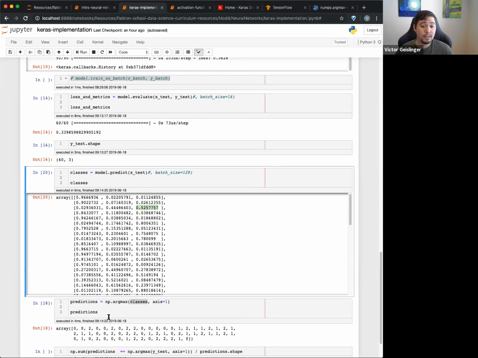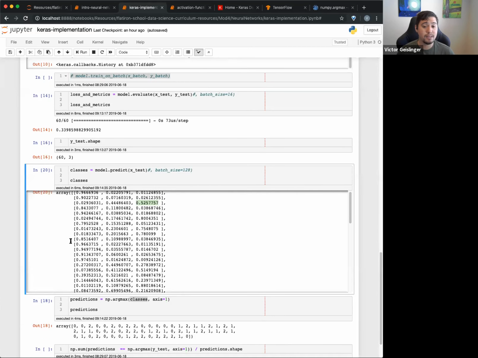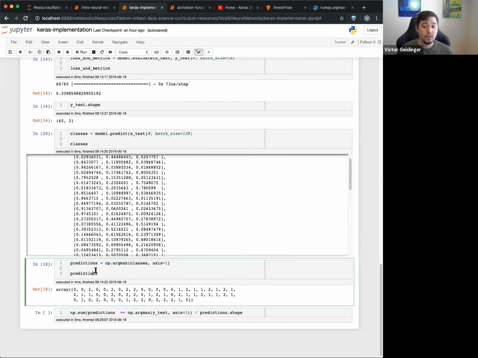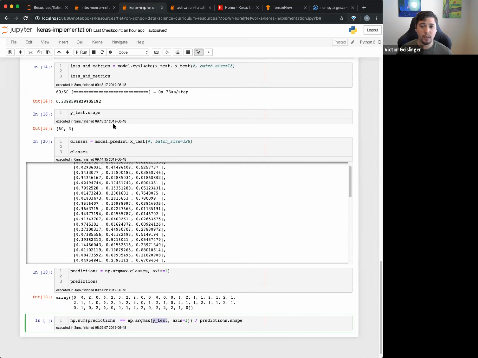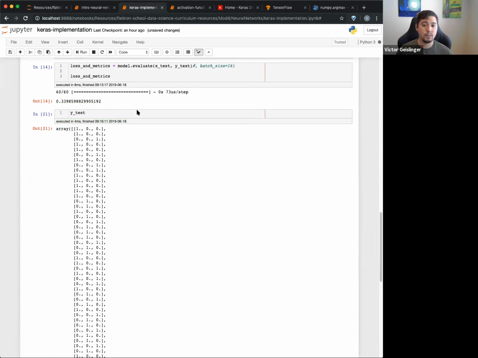In this case, I just want to say, did it predict the correct one, right? So this loss, which is of the whole part, will be different from how well I do accuracy-wise. So that's what I'm going to do. I got my predictions, and now I want to see when predictions is equal to the actual value of y_test. And remember, we saw y_test a second ago. If you see y_test here, it's 1, 1, 0. So you can see the first three we actually got right.